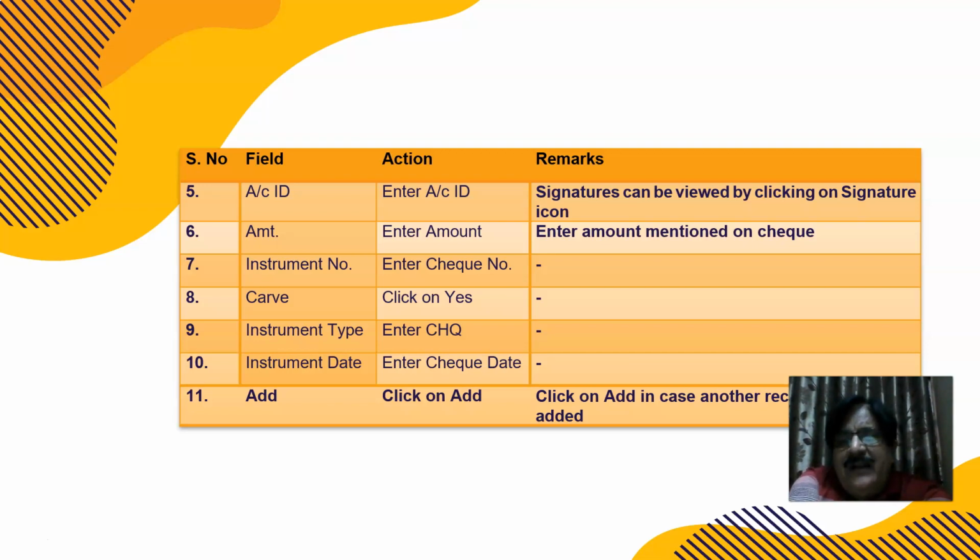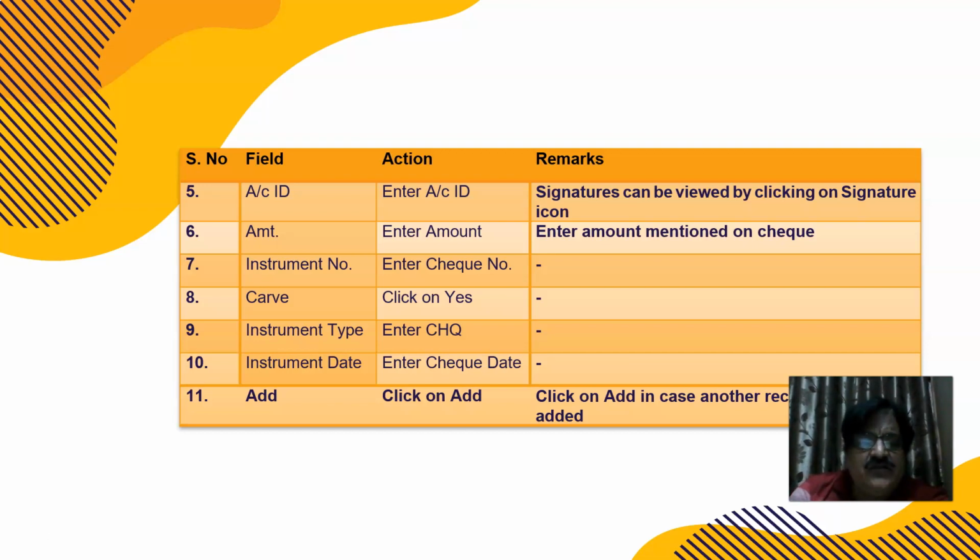What will happen if we enter the check amount and everything? Maybe he may withdraw from an ATM, maybe he may withdraw from some other branch. So we have entered the check and there will be an overdraft created unknowingly, right? So when the sufficient balance is available, it carves the amount. Carving means it reserves that amount for clearing.